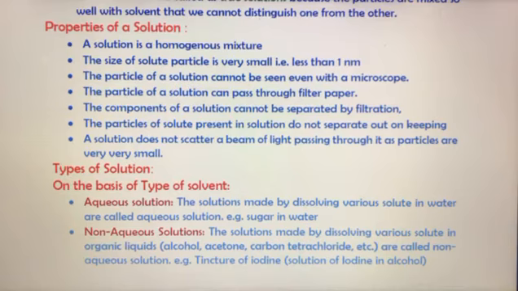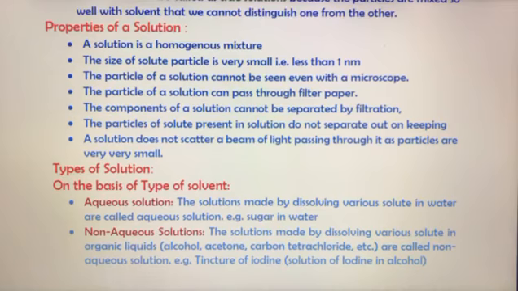The next point is that the particles of a solution can pass through filter paper. Each and every particle inside a solution, whether solute or solvent, is capable of passing through the filter paper, so no material is left behind. You can do this experiment at home also. Just take a sugar solution and filter it through some paper, like notebook paper. Although it will take some time because we do not have filter paper, you will observe that each and every component of that solution has passed through it.